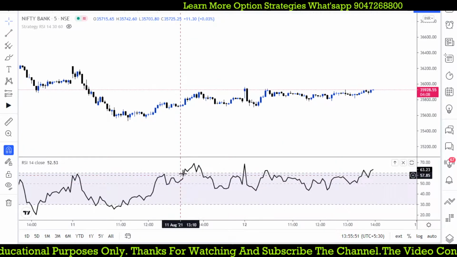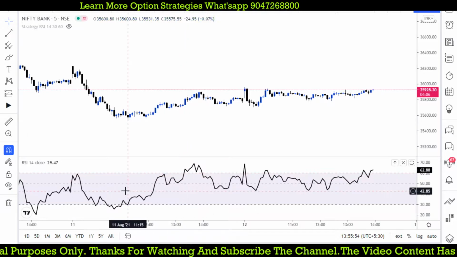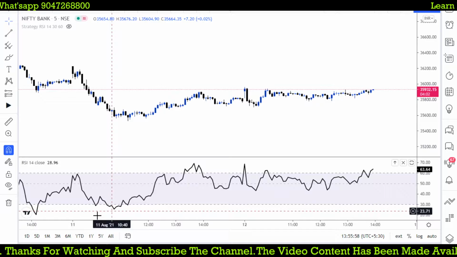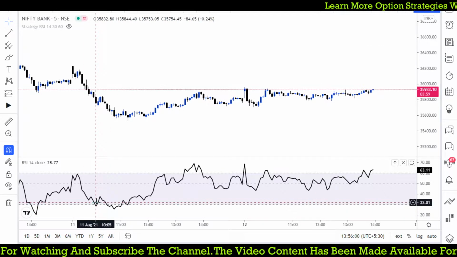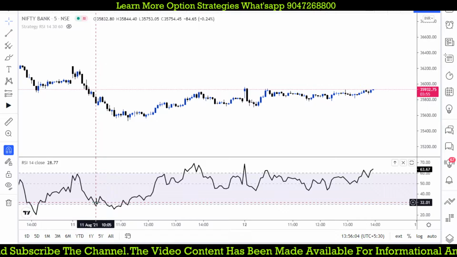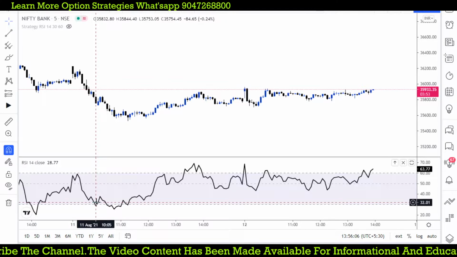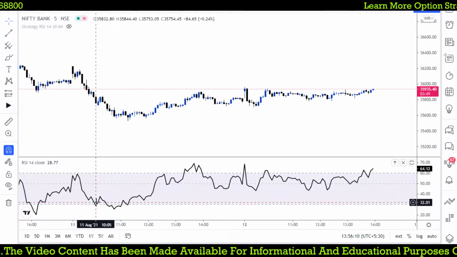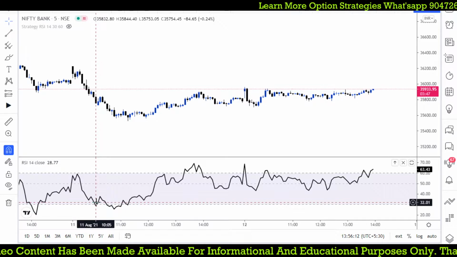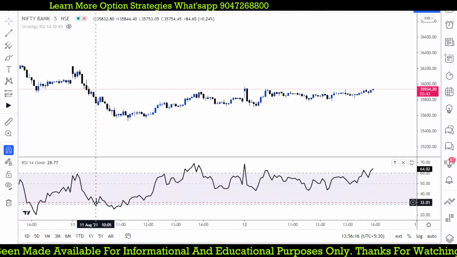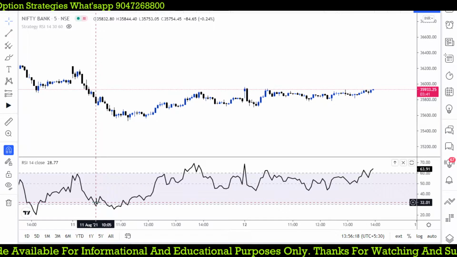My strategy is very simple and clear. When the Bank Nifty RSI crosses above 60, I'm going to buy. When RSI crosses below 30, I'm going to sell. Whenever I sell around RSI 30, only when it comes back towards RSI 60 will I exit my position. We don't have any stop loss for the trade. The change in RSI from 30 to 60 is my exit point.